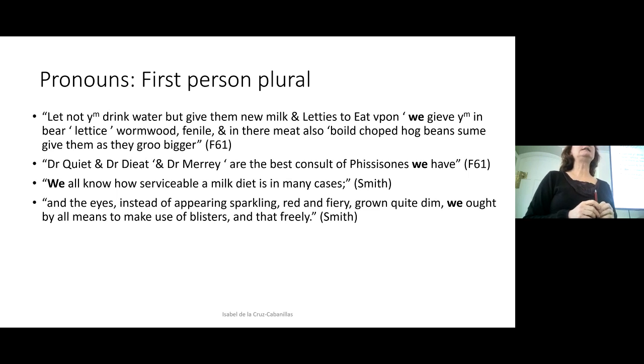So she includes recipes to feed turkeys, to fatten chicken, to make a cow give milk,